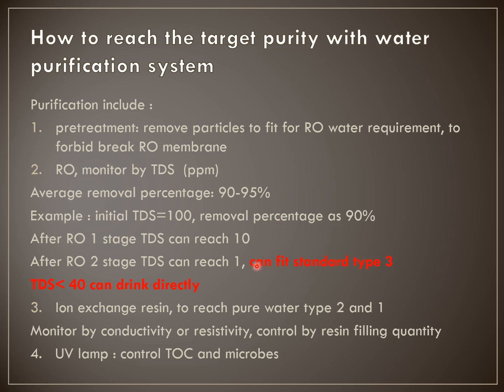And if your requirement is only type 3, installing 2 RO will already be enough for the type 3 water requirement. So we will be paying attention to the pre-treatment of your instrument, how many RO columns there are, whether there is any extra column before the RO, and how many ion exchange resins are installed in the column, because the final conductivity and resistivity